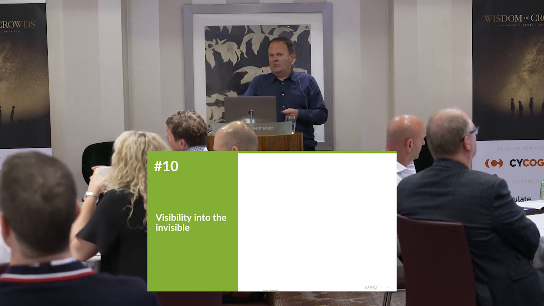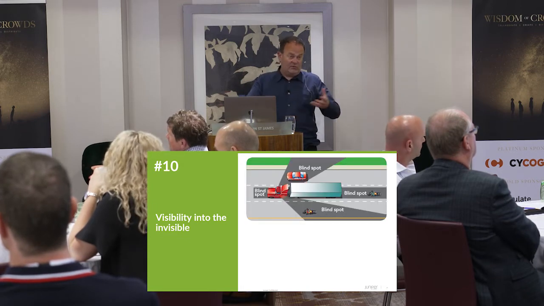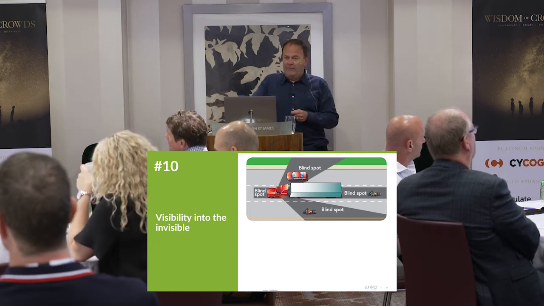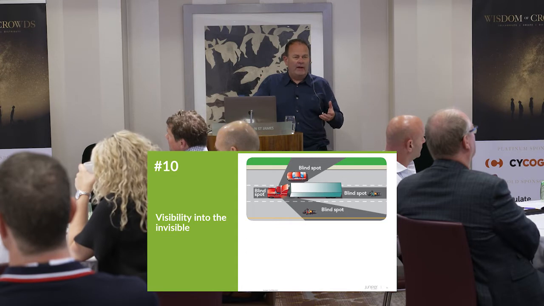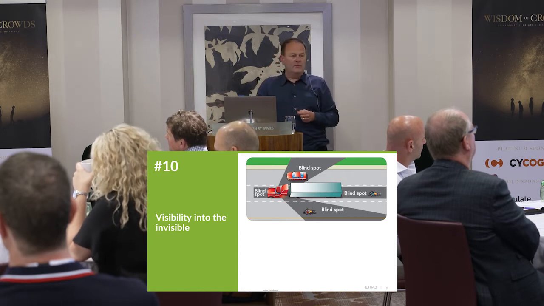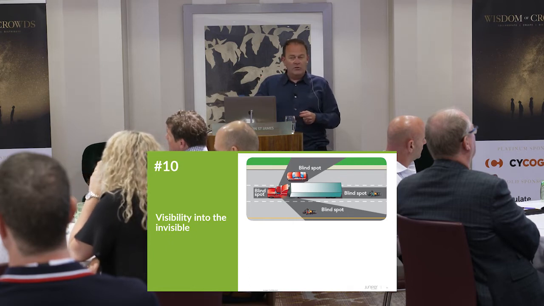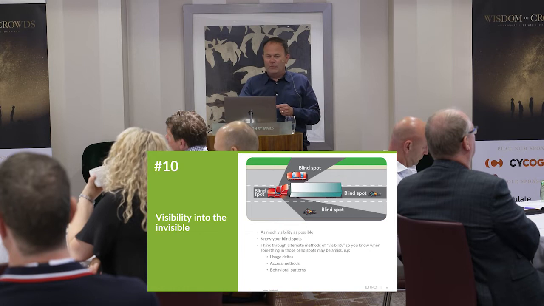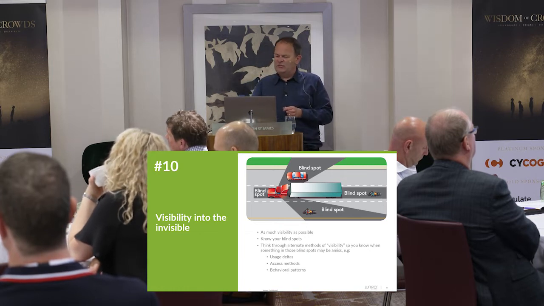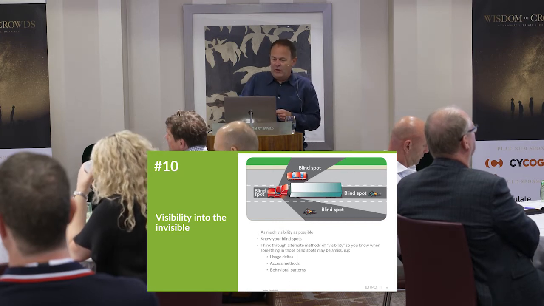I'm assuming at some point most of us have at least done driving lessons here. And one of the key things that somebody tells you as a driving instructor is your blind spots, the things you can't see. When they do that, they will say to you, okay, well, there's ways around that. So, you can look over your shoulder. That's something that you can do in a car, to actually see in the blind spots of the B and C pillars in the car of what might be coming. That's what we have to think about when we're doing anything on the network as well. There are going to be blind spots. There's places where you may not be able to see. So how can you actually look over your shoulder to get some kind of a view into what's going on?